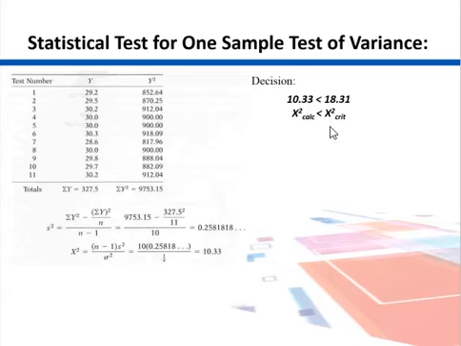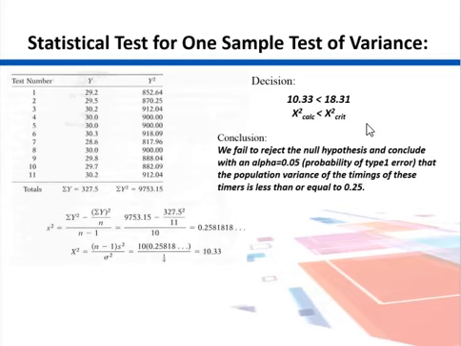Since we were doing a right tail test, in order to reject the null hypothesis, it should have been greater than chi-square critical. Here it is smaller, so we fail to reject the null hypothesis, and conclude with an alpha of 0.05, the probability of type 1 error, that the population variance of timings of these timers is less than or equal to 0.25. It is not greater than 0.25, so the timers are fine. So maybe we should take